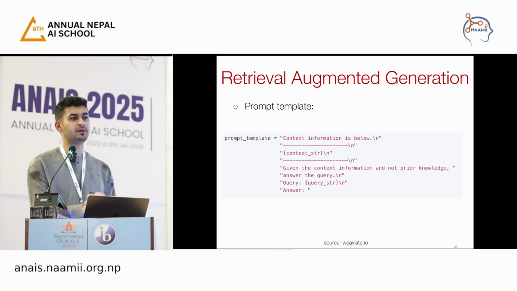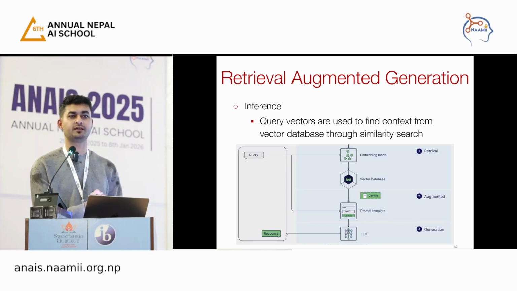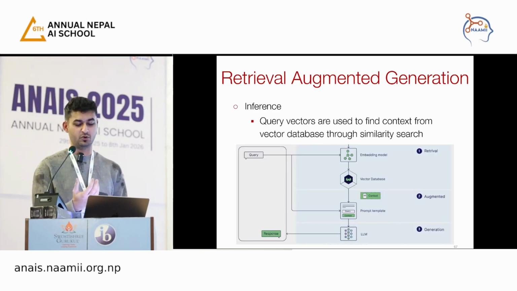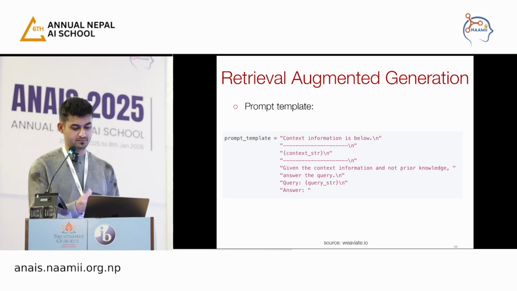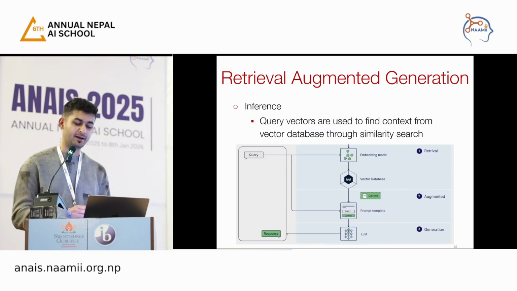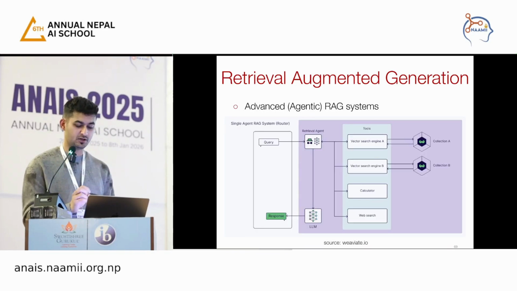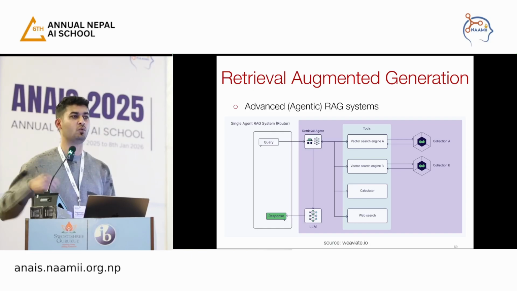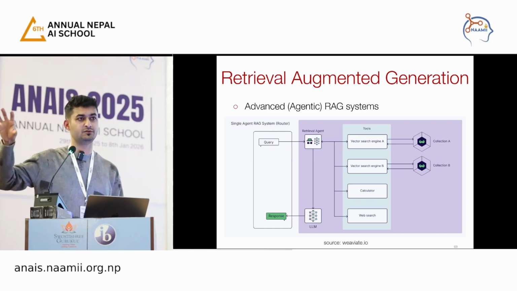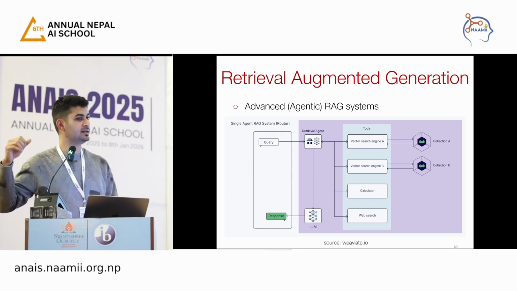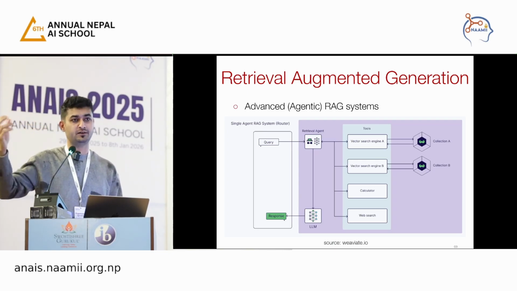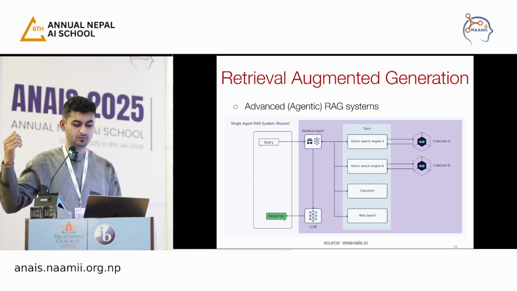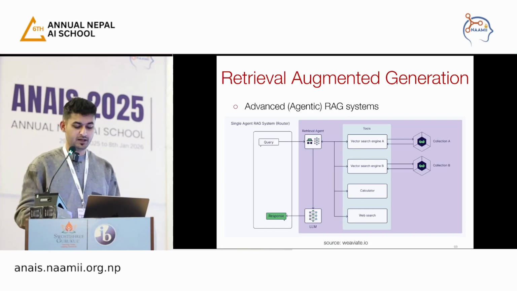This system involves a lot of engineering and a lot of experimentation in terms of what is leading to a good recall of knowledge, what is leading to a good answer, and so on. And there are advanced systems as well. Oftentimes I can have parallel search engines or parallel databases. I have one vector DB that has finance information, one that has, let's say, tech information. So I can run parallel agents to go and retrieve information from multiple databases and so on.